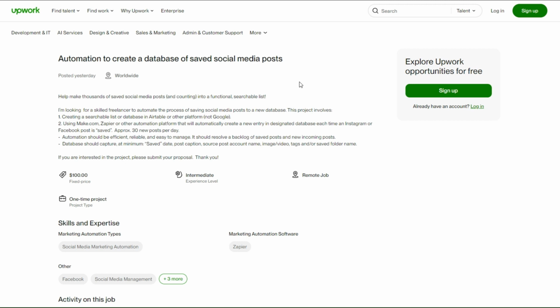I was scrolling Upwork and I landed on this task right here. The client who posted this job wants an automation that creates a database of saved social media posts on Airtable. The client says that I'm looking for a skilled freelancer to automate the process of saving social media posts to